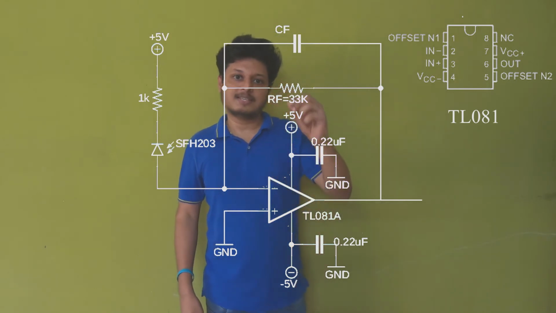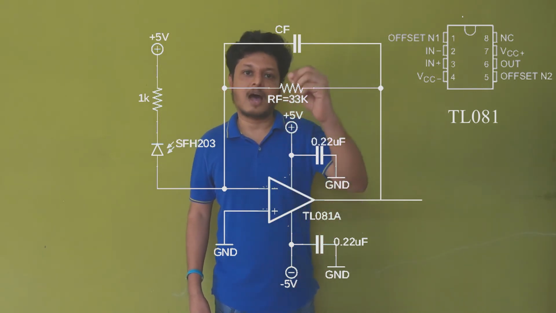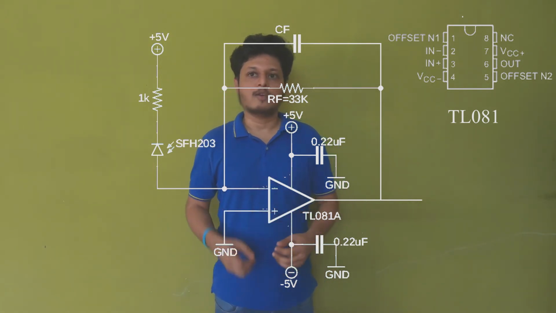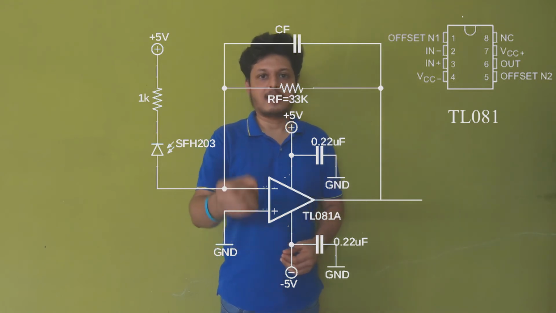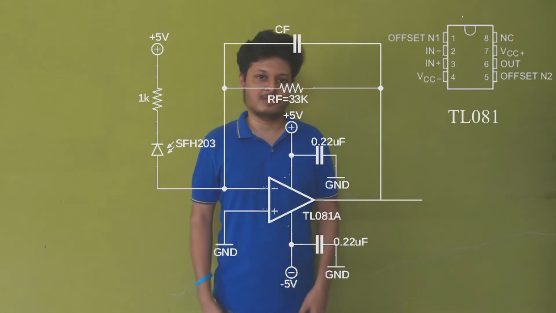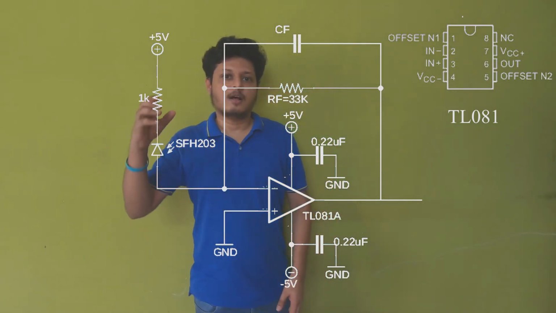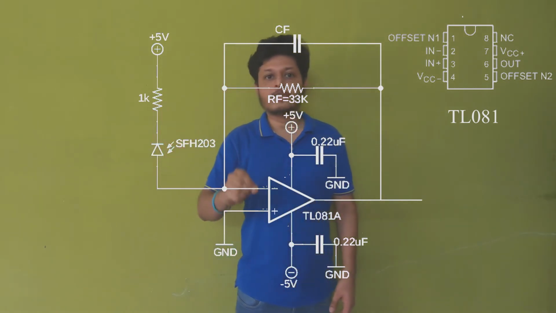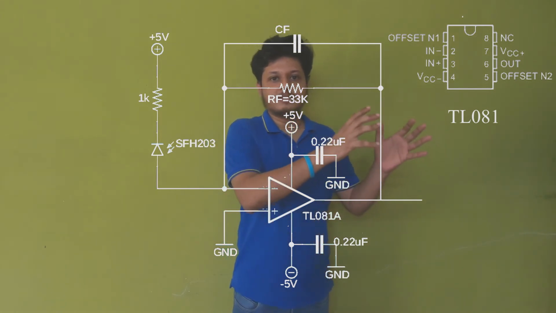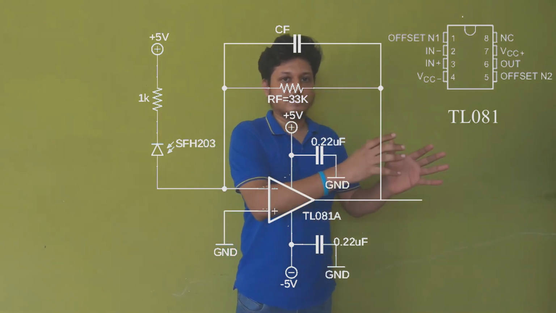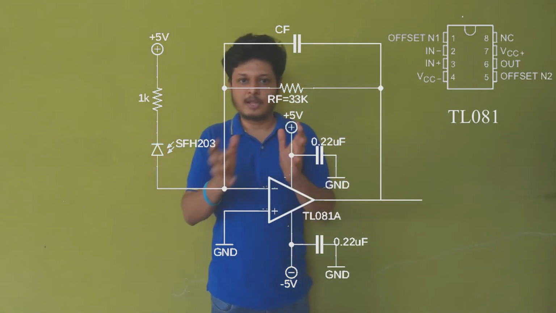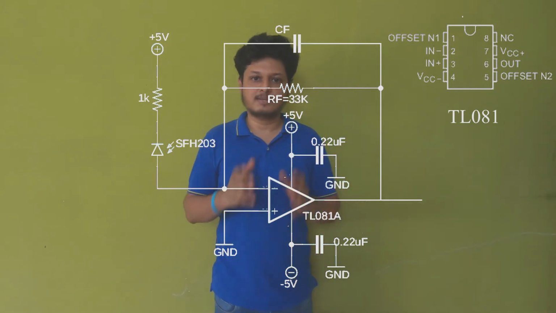Then we have CF, that is the feedback capacitor, in parallel with RF. The work of this feedback capacitor is to limit the bandwidth, or if your circuit has some oscillation at the output waveform, the CF tries to limit the bandwidth or it can reduce the oscillations. Now at the output side, we'll be getting the voltage equivalent of the current developed at the receiver side. So in this way, the light energy or the signals in the form of light are converted into electrical signals in the form of voltages. So this is the application of this I to V conversion circuit. It's a pretty simple circuit.